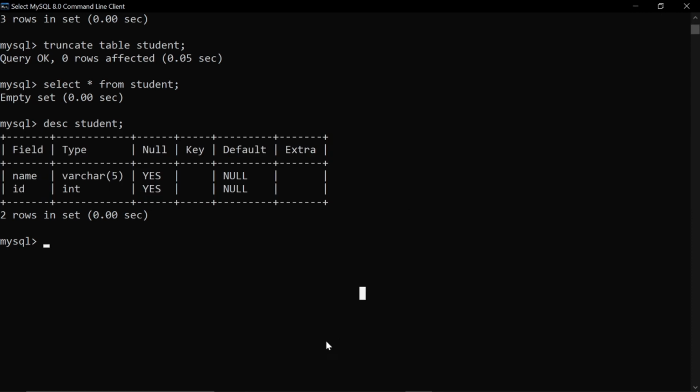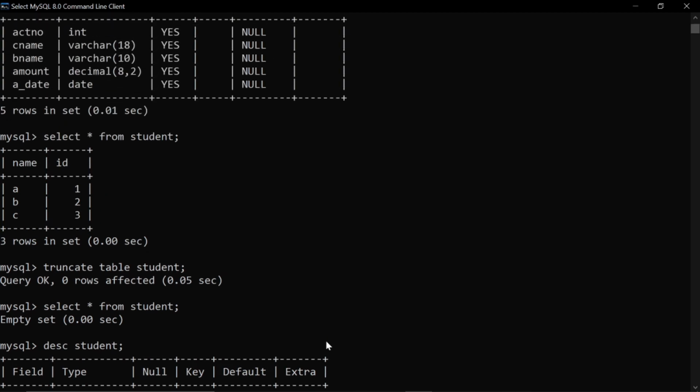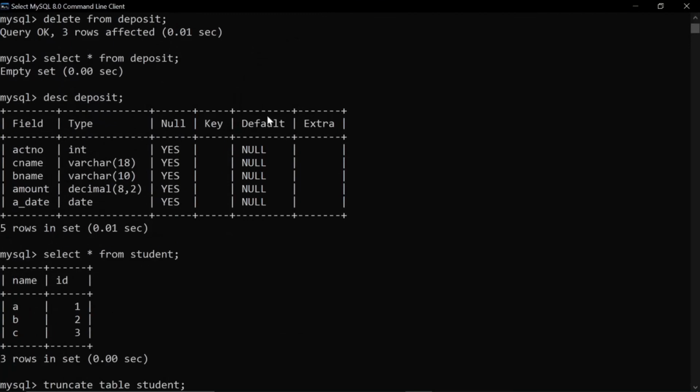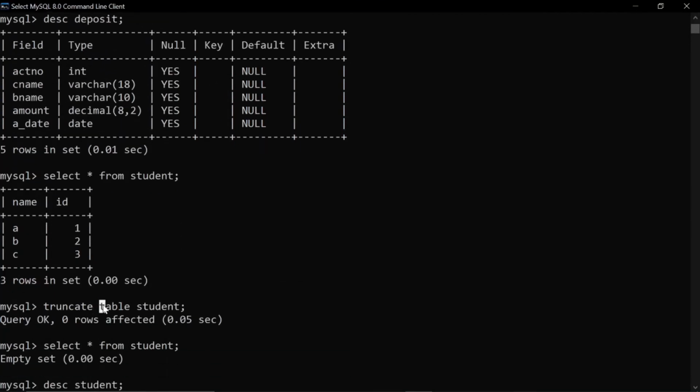Now there will be a question in your mind, then what is the difference between the truncate and the delete command? So I'll show you that. Here you can see from the syntax itself, that in truncate you are not using the where condition, means you cannot delete a particular row, but in delete you can delete a particular row. If you want to delete a row, you can use the where clause, but in truncate it won't be like that.